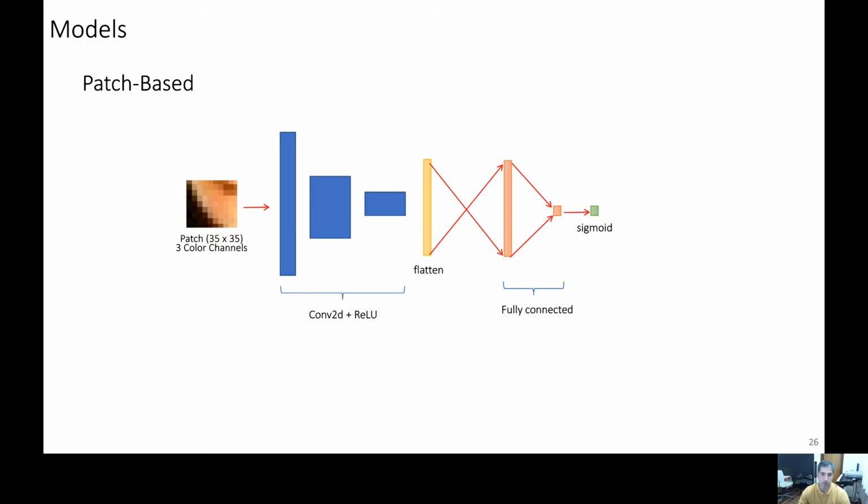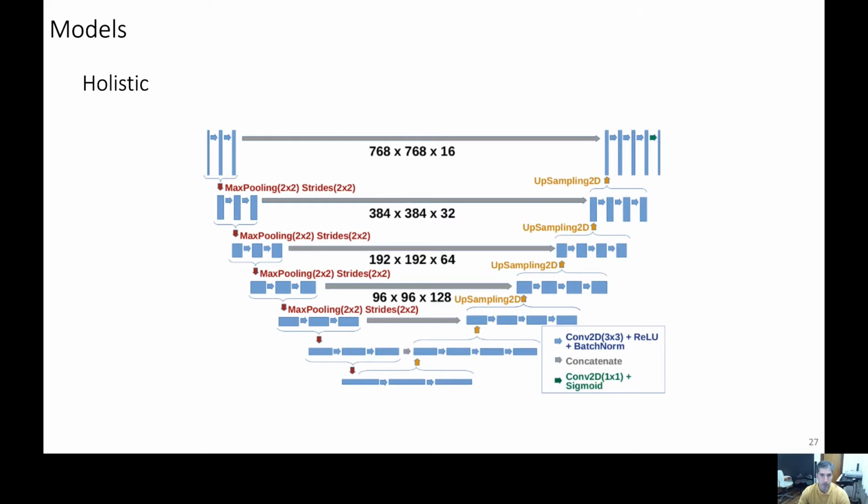We use a 3-convolutional layer network with max pooling between convolutions and rectified linear unit activation function between inner layers to reduce the vanishing gradient effect. The output of the network consists of 2 fully connected layers and a sigmoid final activation for binary classification. Due to its simplicity and performance, we used UNet as the holistic segmentation method. Our model follows the general original design, but we use a 7-level structure with addition of batch normalization between the convolutional layers.